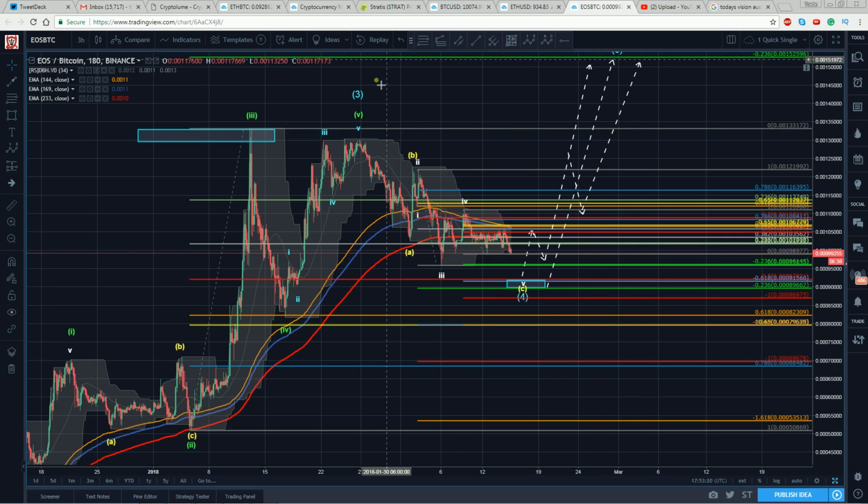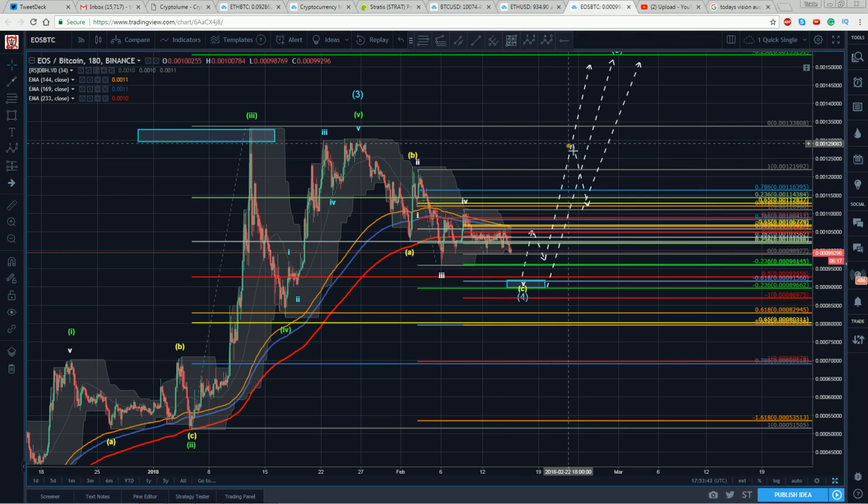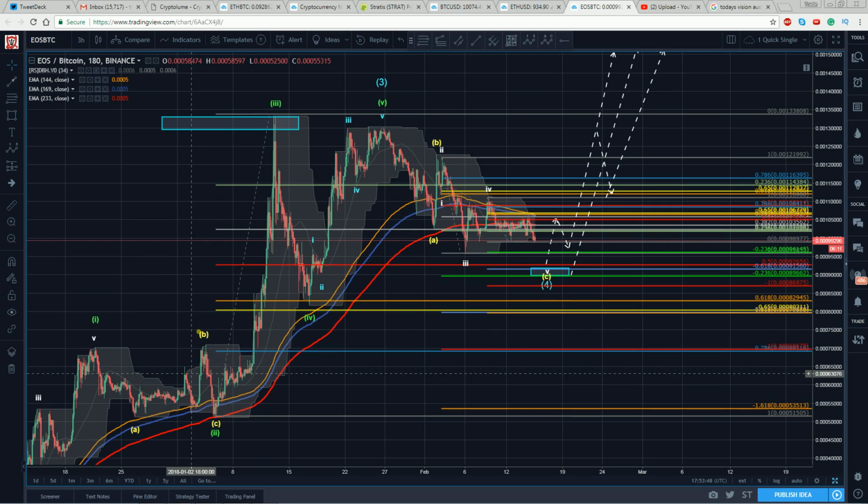I mean, wave counts fail all the time. Just because you've identified this, you can't take the position that, well, I know exactly what's going to happen, because you don't. I don't, you don't, nobody does. But the potential is there. And that's all we're trying to do, is get positioned, because it could happen. And if it does, then we know where the probability zones are for these swings, that where they're likely to occur. And just as we would analyze it the same way we did over here.